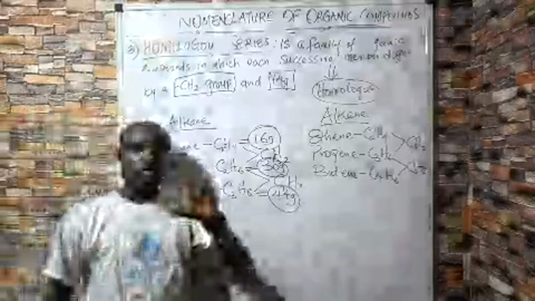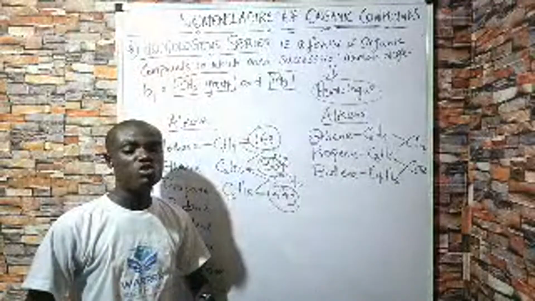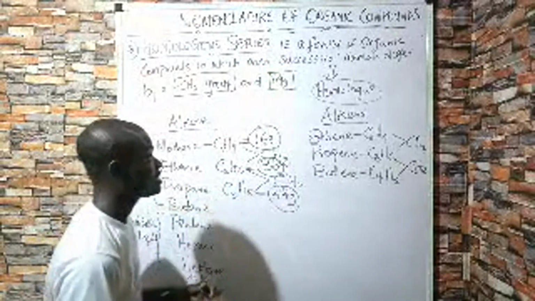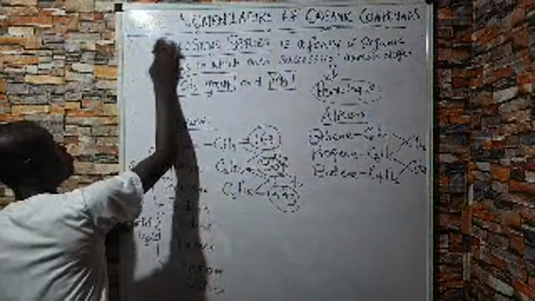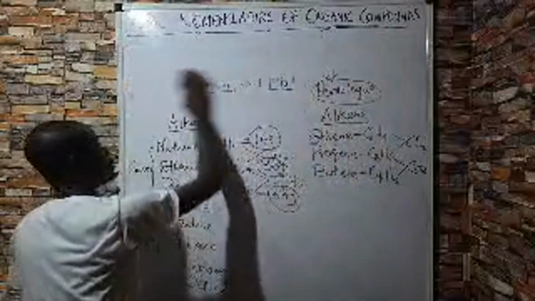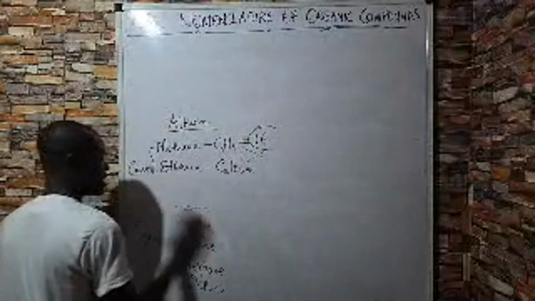So in the comment section, someone asked about what we call neopentane. Though in this class we are not going to focus on neopentane, I will just tell us what neopentane is. So we are going to look at neopentane, and thereafter I'm going to give us a table which contains the various homologous series we have in chemistry.